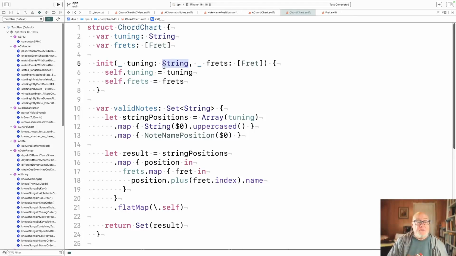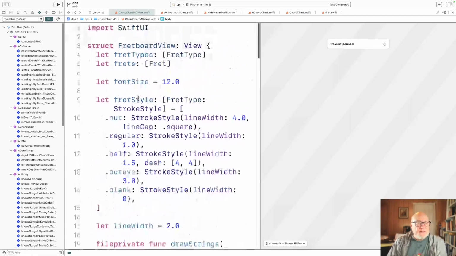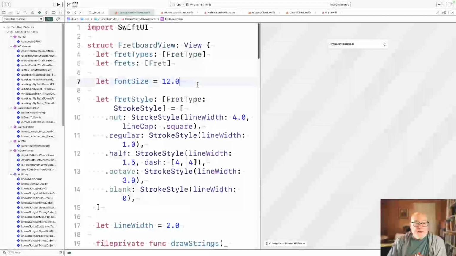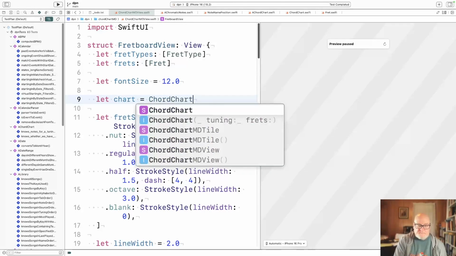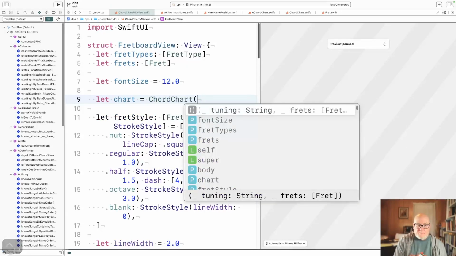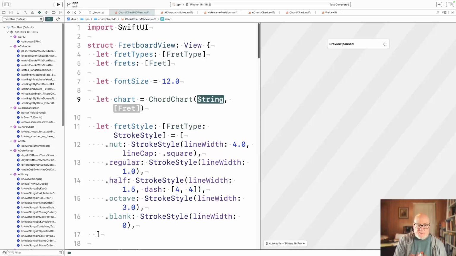I mean, presumably the chord chart view is going to hold on to a chord chart, so maybe we just have to do that. Okay, so let's just give it one. The chart is chord chart. So tuning, we'll say DAD, and fret,